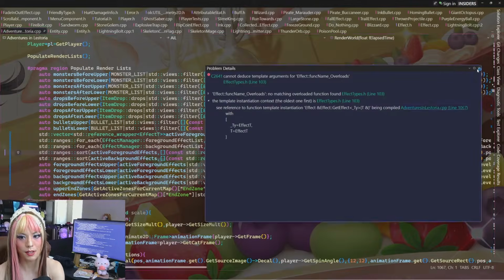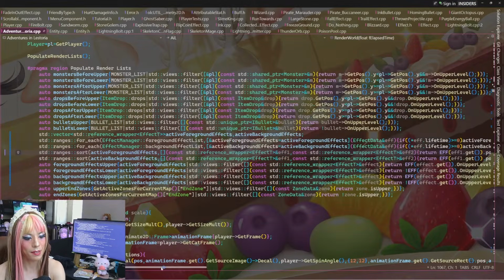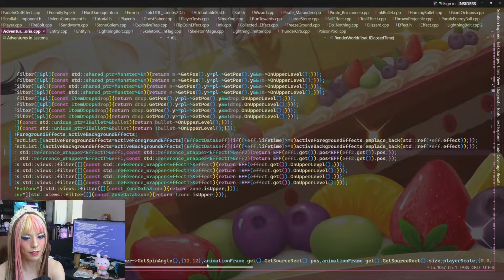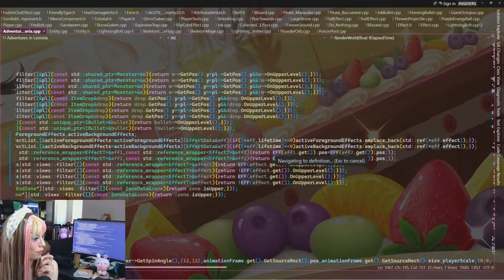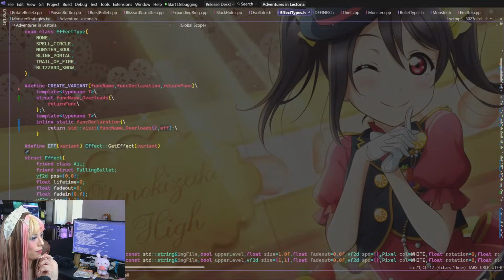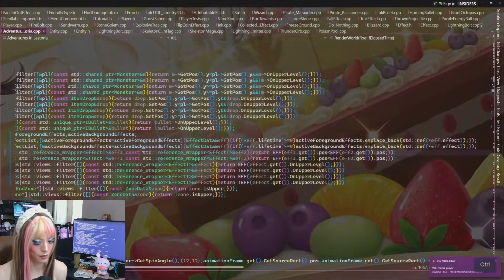Okay, then it goes to here. So anything involving get effect doesn't work right now. Okay. So that's telling.